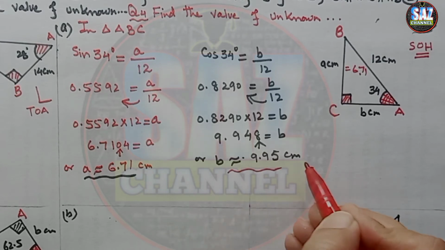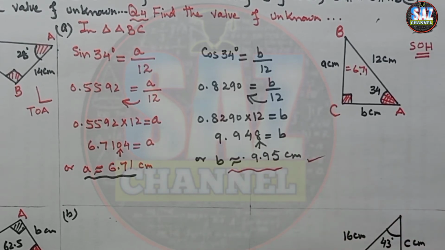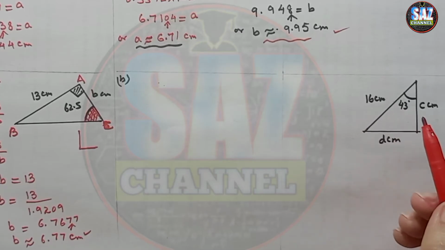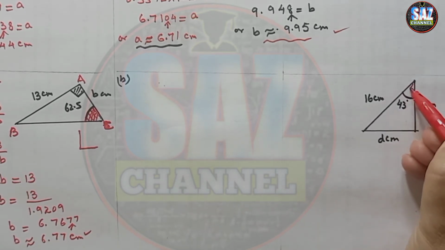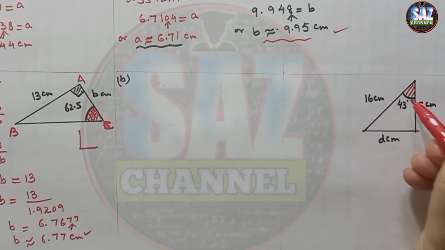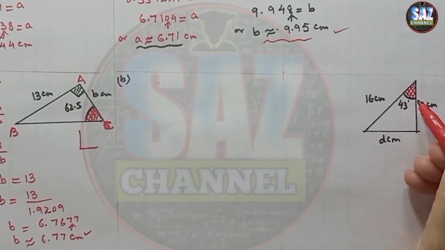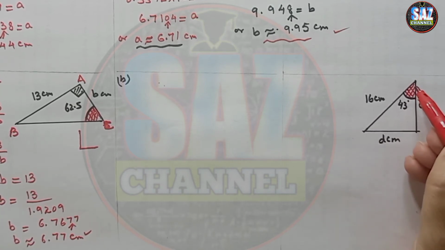I hope you are clear how we are carrying the calculation and how we are applying the rules of significance. Let's move to the next part. In the next part, the situation which is given to us has the given acute angle, or the reference angle, or angle of interest. I'm using different language, notations and symbols here in order to give my students the understanding that they also have to apply the language in the topic.